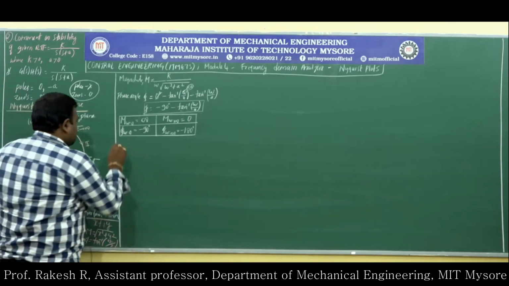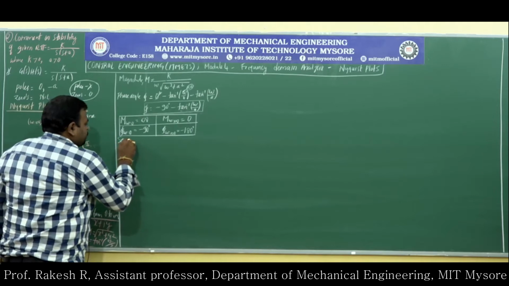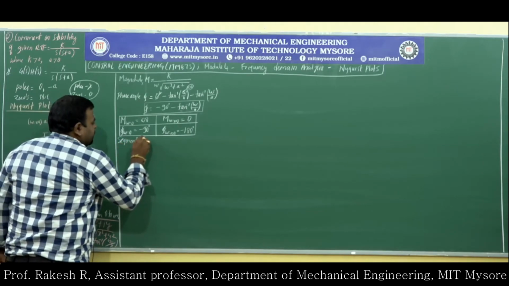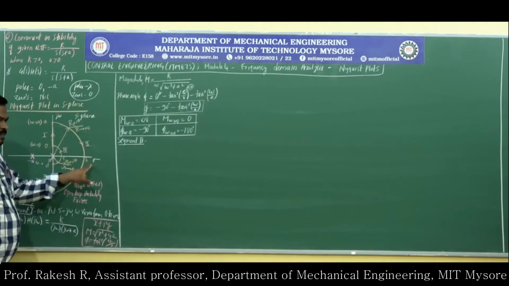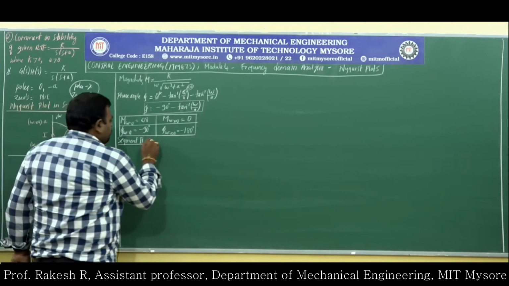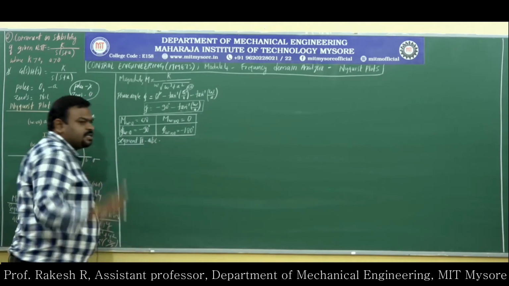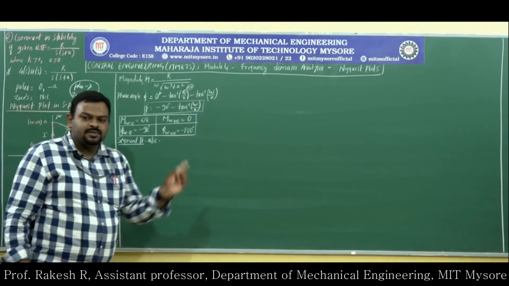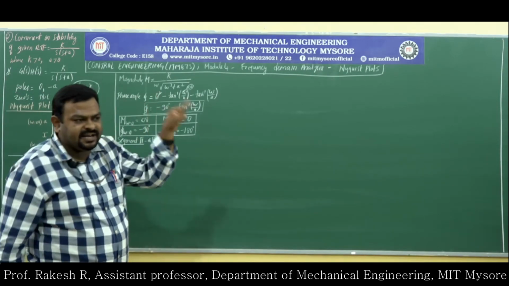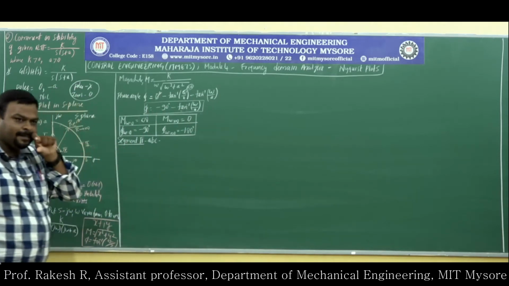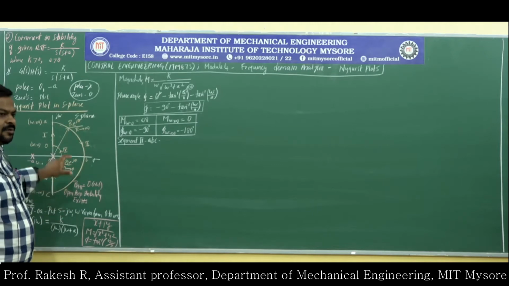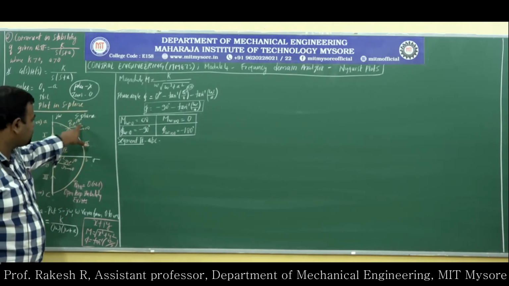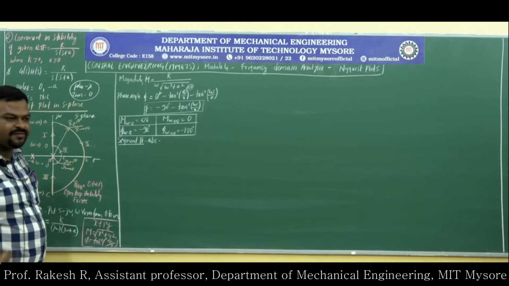Then let us solve the second segment. So segment 2, what is segment 2? Segment 2 is A, B, C. ABC is a curve, it is having a limit. So you will be searching the entire right half of S-plane. So the function you have to change, the function is changed with r e to the power of j theta.